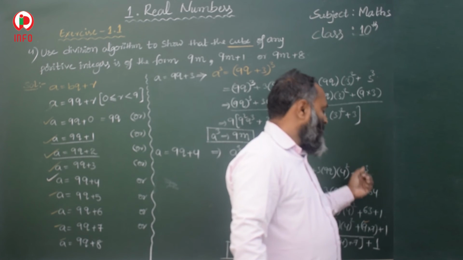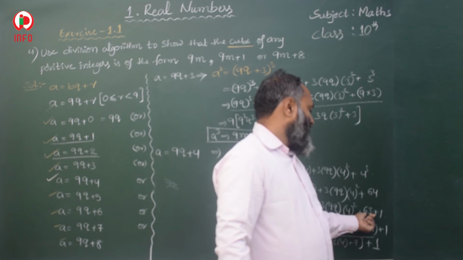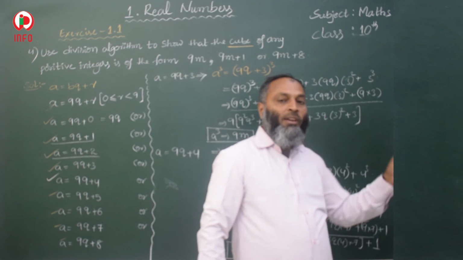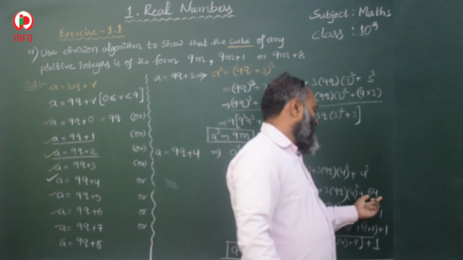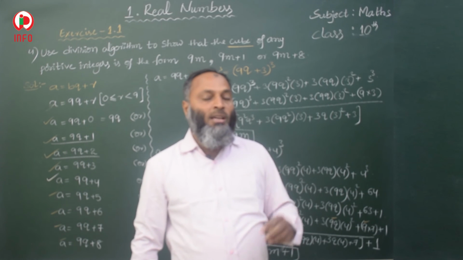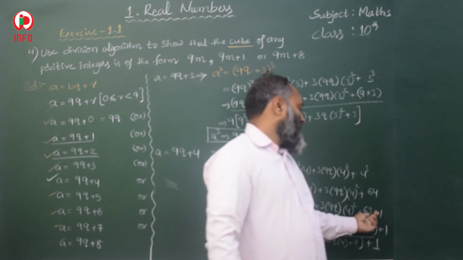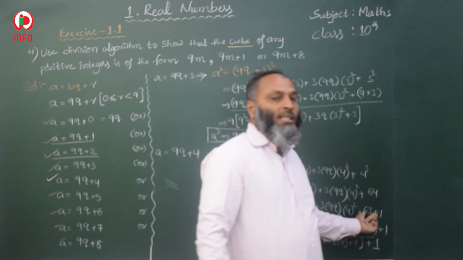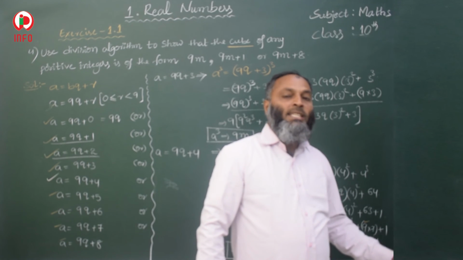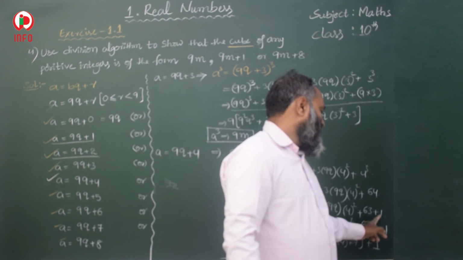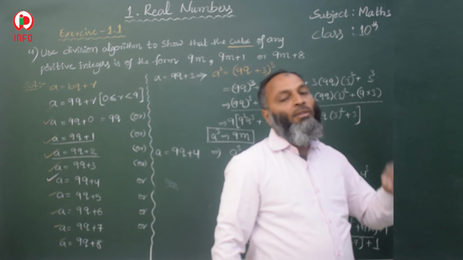So that should come as 9 factors, like 63, 9 7s are 63. In that way we should split and take 9 common. Here 64 comes, so how to take 9 as a common? Think like 63 plus 1. When it is 63, you will get 9 7s are 63, so 9 will get common and this plus 1 is left. So you think that it is in the form of 9m plus 1.